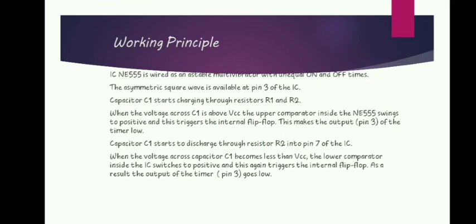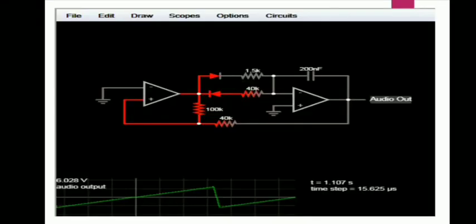Now it is integrated by an inverting active integrator based on the op amp IC UA741. So the asymmetric square wave is given into the UA741 op amp IC, which will integrate it in order to produce an asymmetric triangular wave, which is nothing but a sawtooth wave. The circuit we see in the slide is an oscillator that will generate a sawtooth wave.